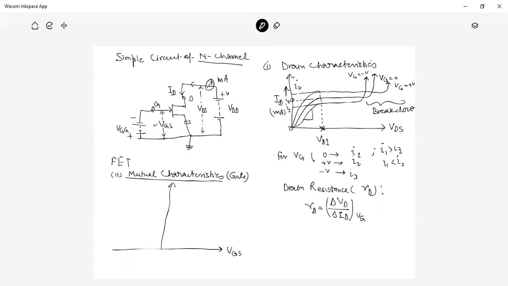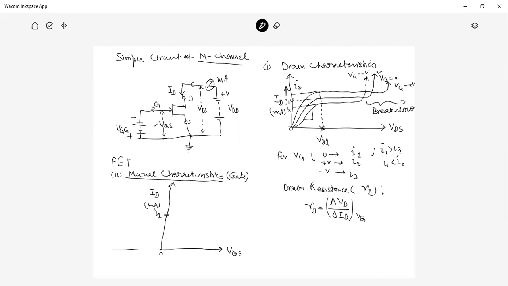This is ID, drain current in milliampere. At VG equal to 0, the current is I1. When VG is 0, the current is I1 here. And if VG is increasing,